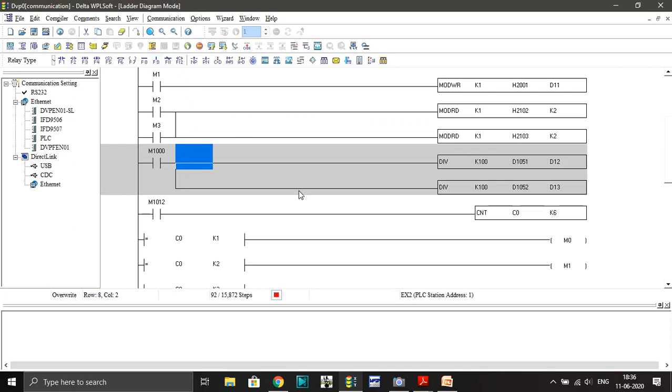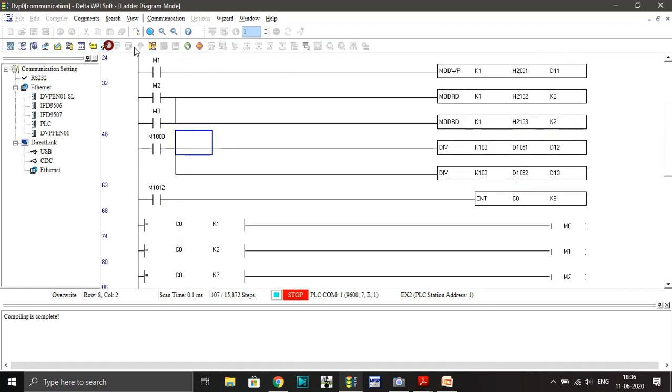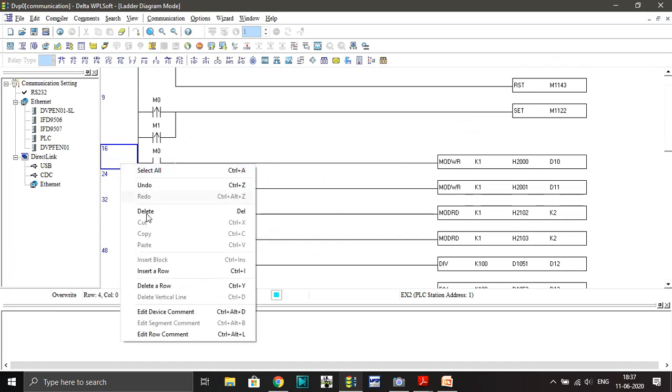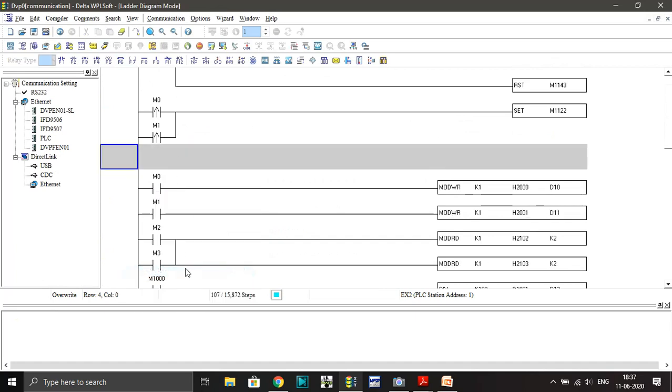So now we will run this program and see what happens. We have to put one more pulse here. Why? Because here we also do serial communication, reading the data.